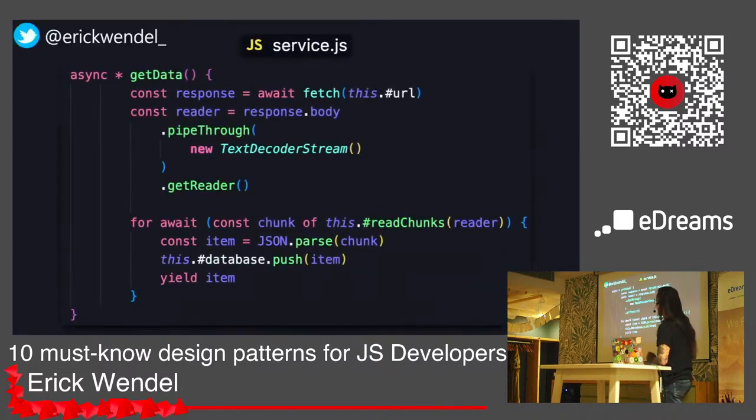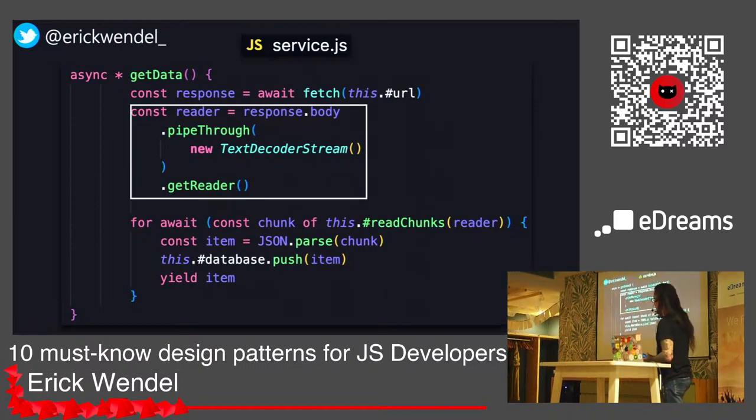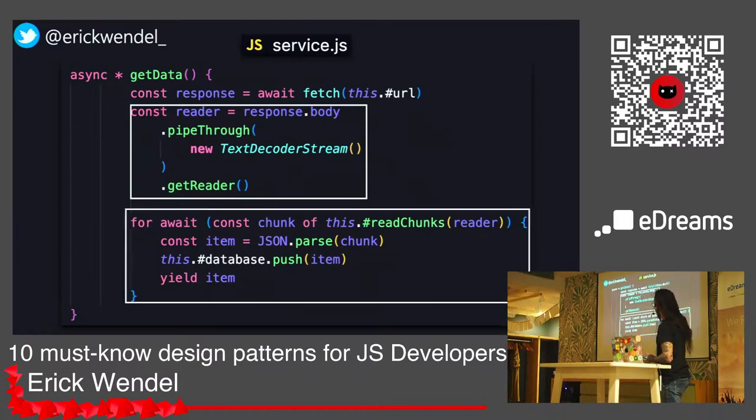So now we're going to change our code a bit. Now I'm going to use web streams to consume this data. So what I tell here is, once you start receiving data from the front-end side, you can start reading this in chunks, in small fragments, right? So in the read chunks here, I'm just making sure I have a full JSON item. And then once I have the full JSON item, I'm just parsing, and I'm using yield just to call back and start rendering or parsing data on demand. So this is pretty nice.